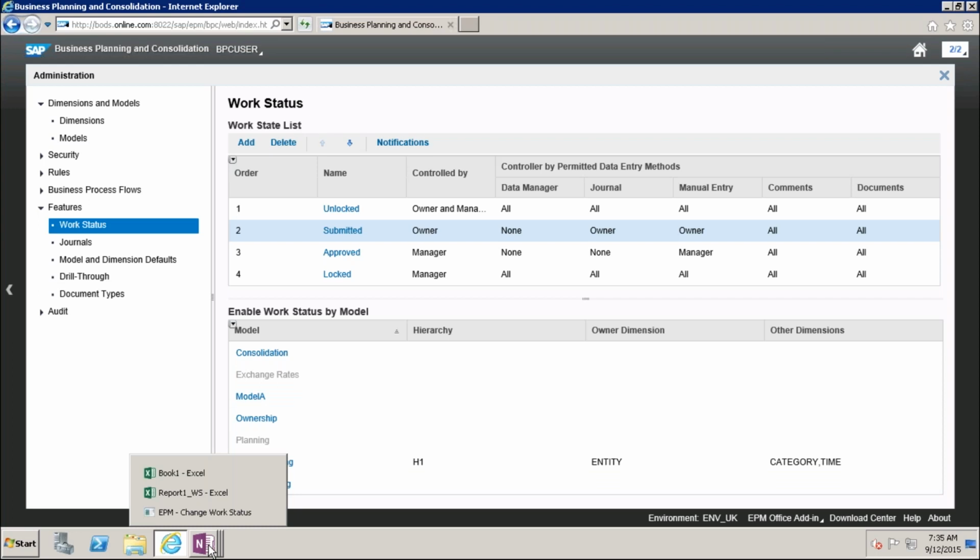Okay, why? Because we are getting everything here. This is controlled by owner and manager. So only one user ID we have here. Open another one.